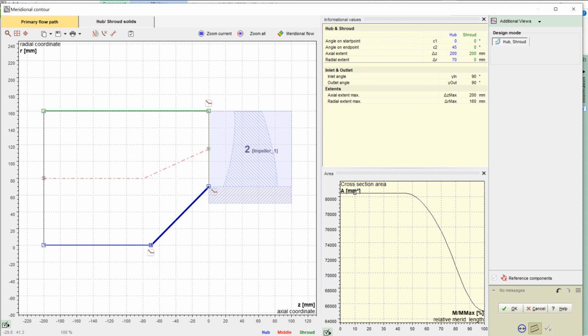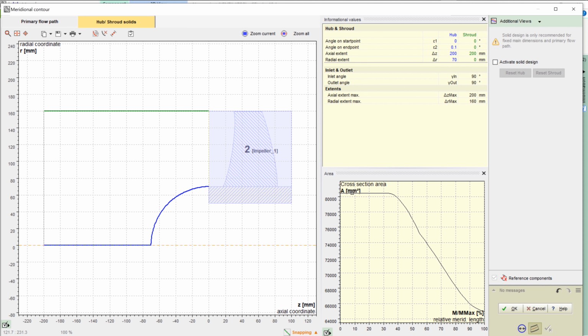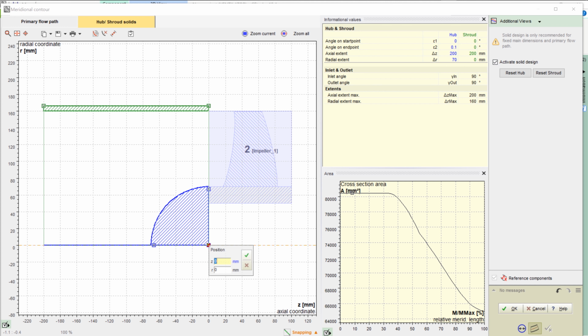In our example, we want to create a simplified hub nose which will be placed directly upstream of the impeller. We split the hub curve, change the curve type to Bezier, and create a rounded shape of the hub nose. Every single Bezier point can be numerically defined as shown for the Bezier point on the z-axis. As done before for the impeller, we have added a solid shape for the material domain of the hub nose